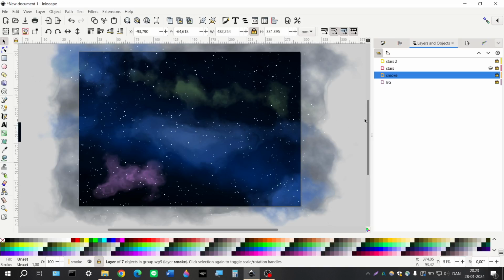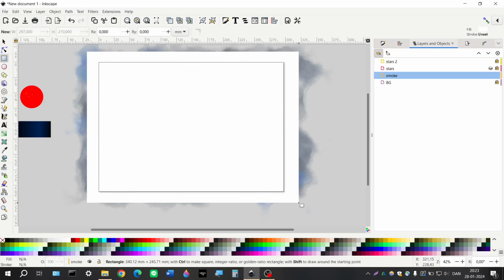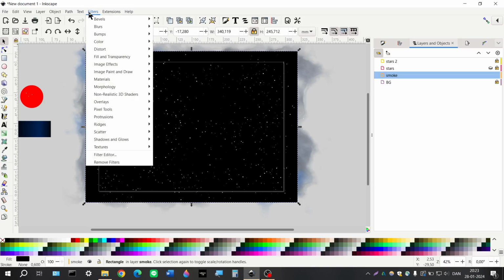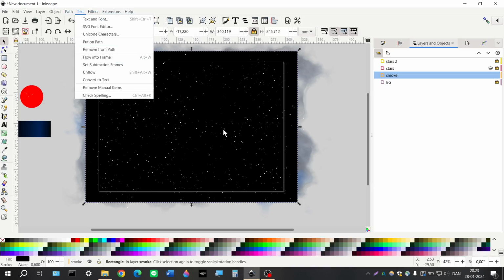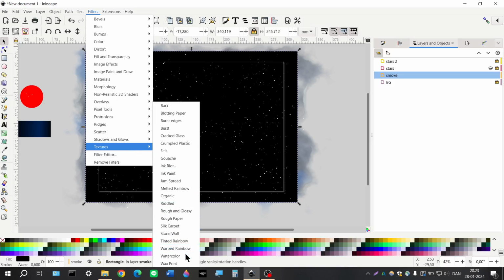No, that wouldn't... Maybe? Okay, let's try this. I don't know if this is going to add anything or not, but if I take a homogeneous rectangle and I make this black and I just add... Okay, this looks pretty nice actually, coincidentally, but if I take the filters and add the watercolor on top,